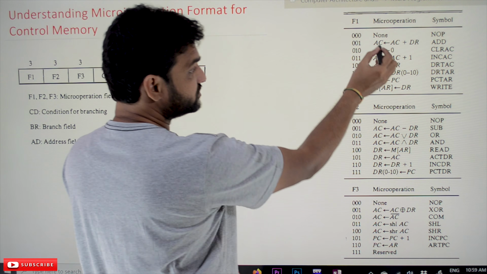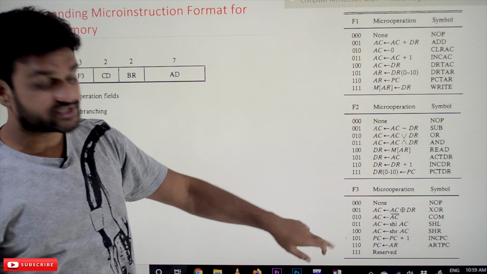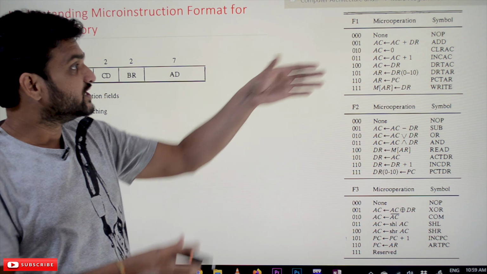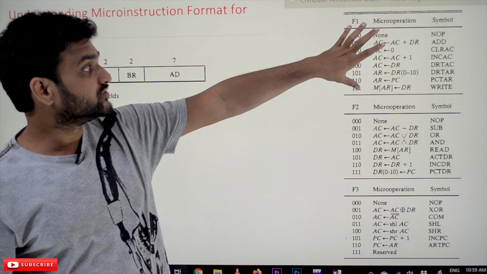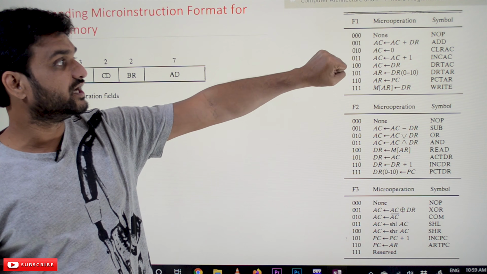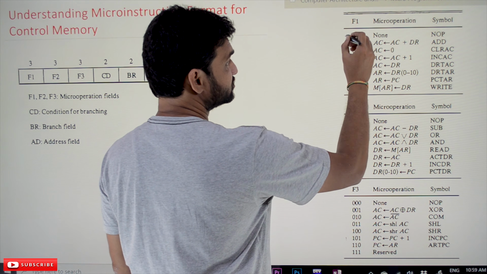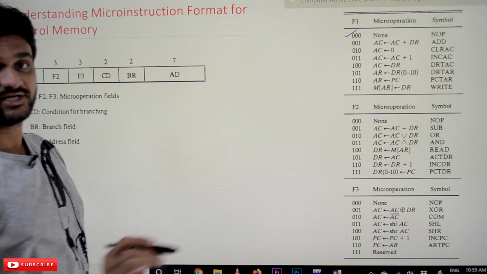So these are micro operations, and there are 21 of them, and all these 21 micro operations are grouped into 3 groups, and every group consists of 8 micro operations. The first one is 000, which we will try to understand.